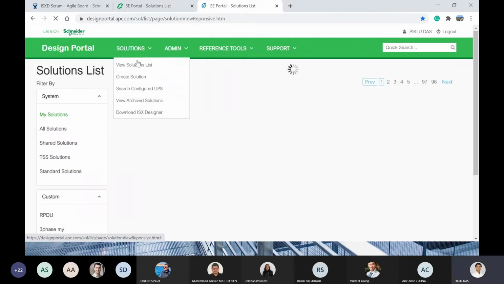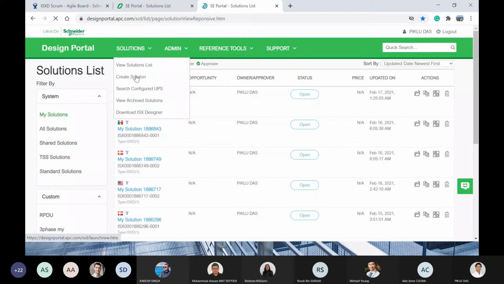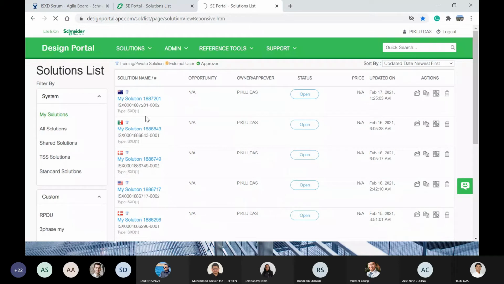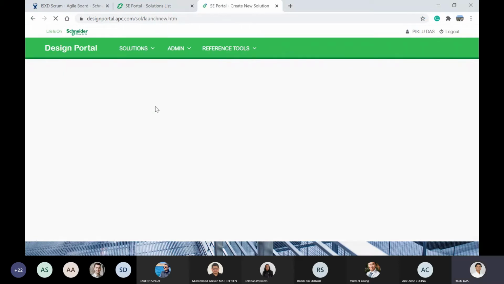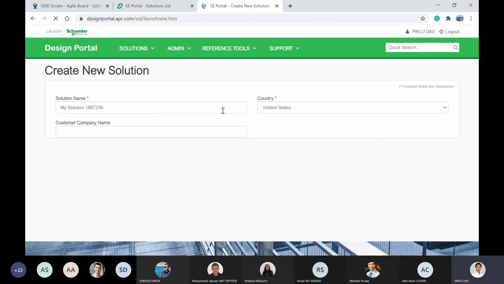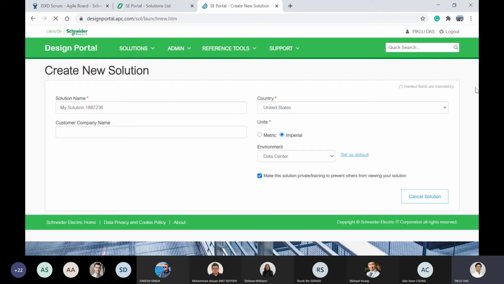You'll have to go to solutions, create new solution. And since ISEC Designer is a desktop application, you will have to first install the application on your system in order to access it.